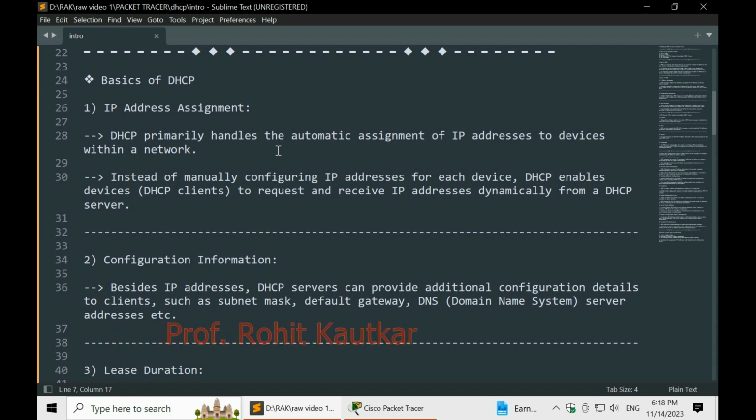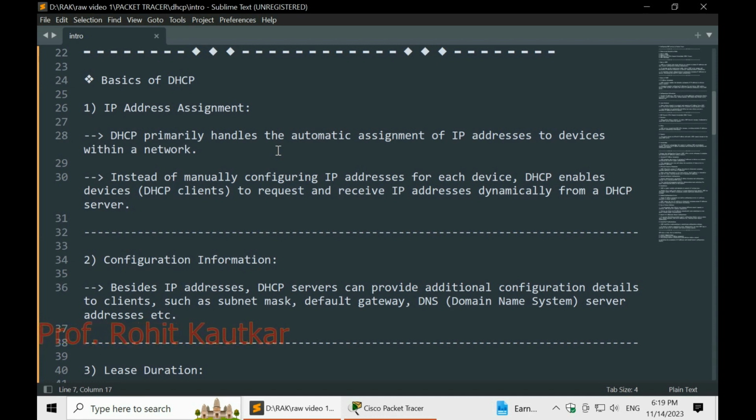As we talked about in the intro, DHCP is primarily handling the automatic, dynamic assignment of IP addresses to the devices that are part of the network. Instead of manually configuring IP on each device, DHCP enables devices that are referred to as DHCP clients to request and receive IP addresses dynamically from the DHCP server.